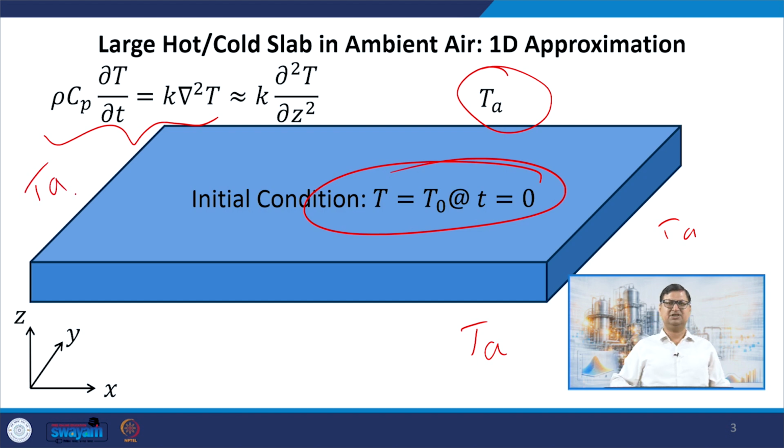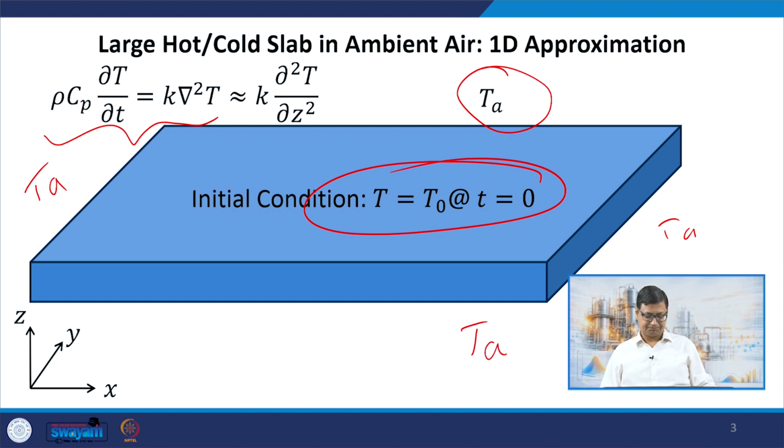If, for example, this is not really having the same atmosphere in all the directions, then it is different. Let us say, for example, the slab is kept on a surface that is providing or taking away heat, then the story is different, and we'll do those cases. But in this case, we're imagining the slab, for simplicity's sake, is in an environment where the temperature of the ambient is the same all across, and the heat transfer is pretty much the same all across the slab from top, bottom,